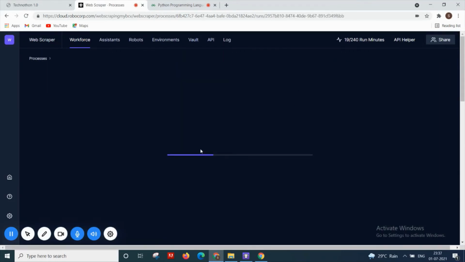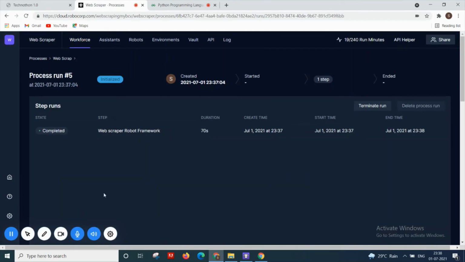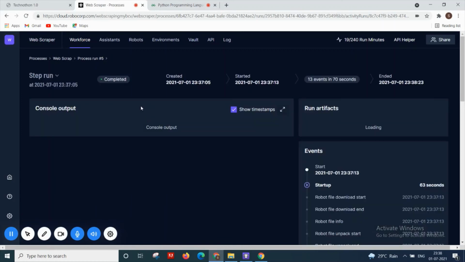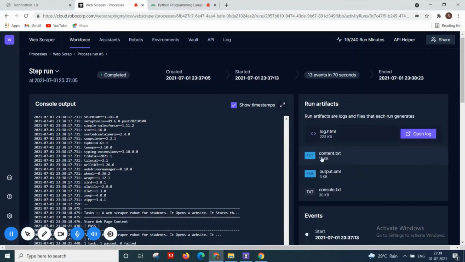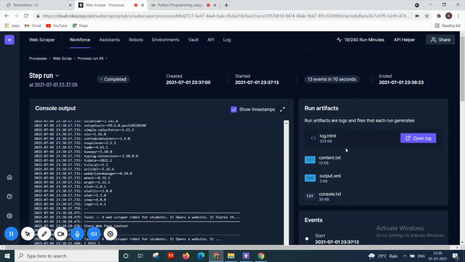I'm going to pause as it is going to take some time. As you can see, the whole step got completed within 70 seconds. To know more about the robot, you can see the same thing in the cloud. It shows the complete process, where it started and where it ended.